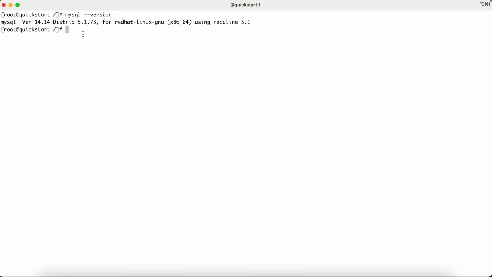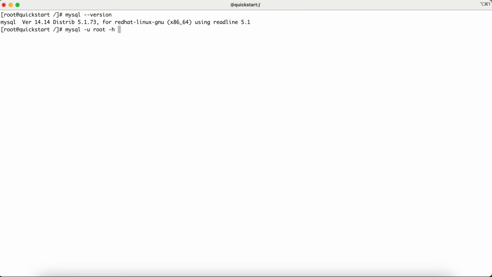So there are some options that we have to give when we want to log into MySQL. You always start with mysql, and then you mention the user you want to log in with. For example, in this particular installation, I have used the root user to install MySQL. So root is going to be the user using which I want to log in. Then here you need to specify -h. -h stands for which host your